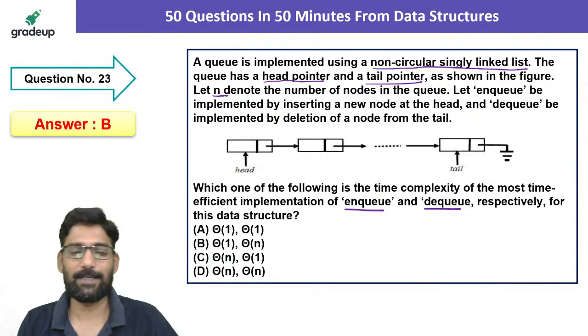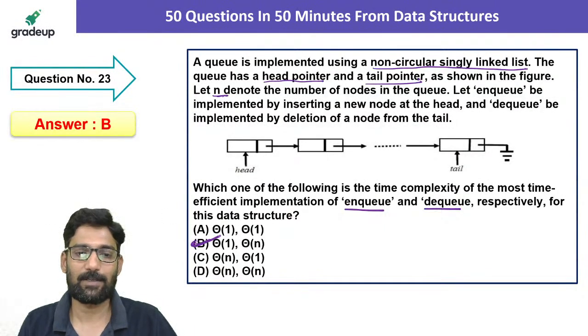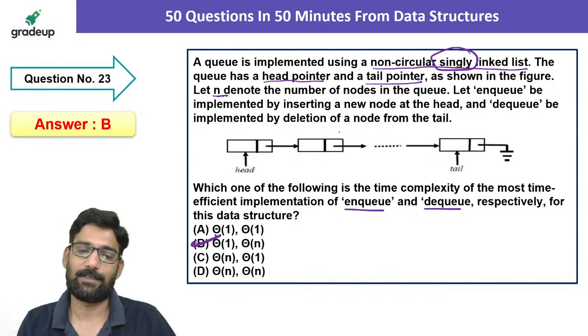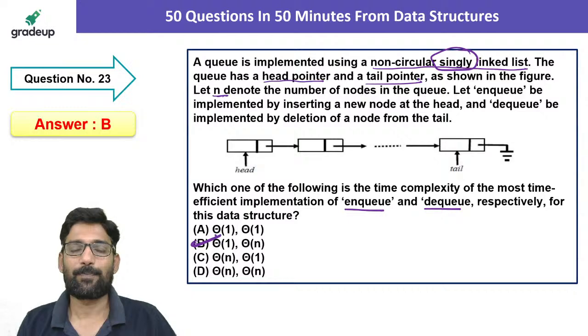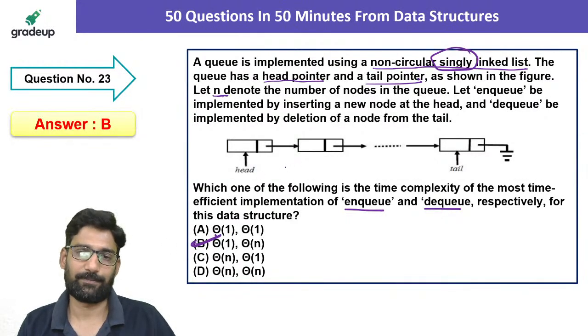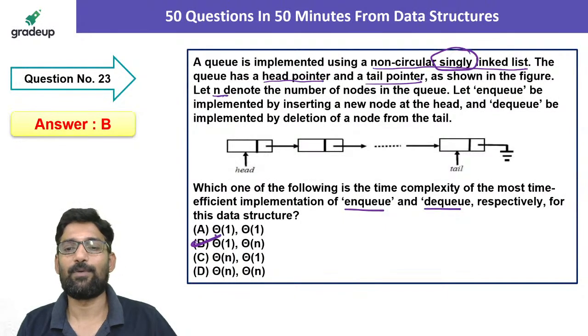The right answer is option B, guys. Option B. Why? Because it's a singly linked list. So insertion can happen in constant time. But if you want to delete